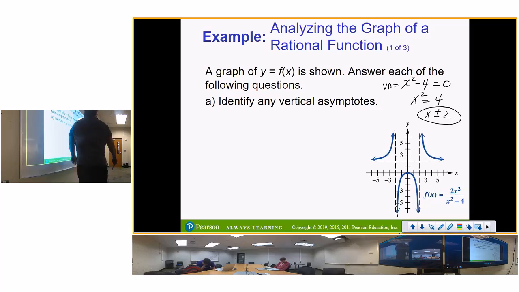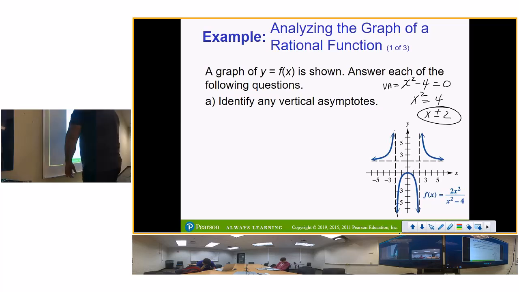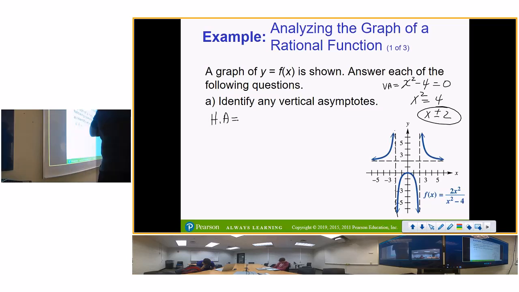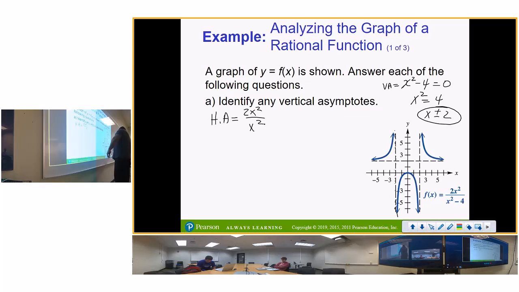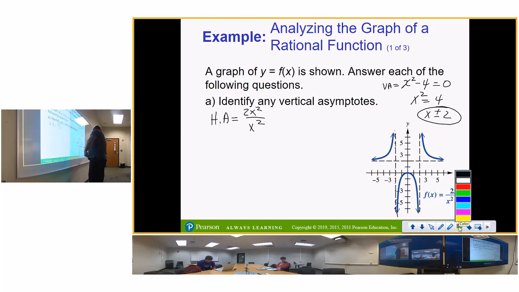Well, first of all, you've got to find your horizontal asymptotes. This is what you're going to be taught later, there's 3 tests. This is the first one. 2x squared over x squared. Take your highlighter and your notes, and highlight